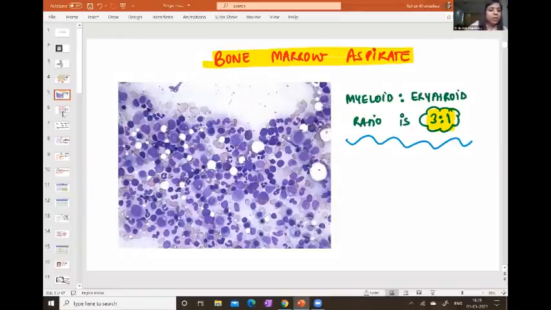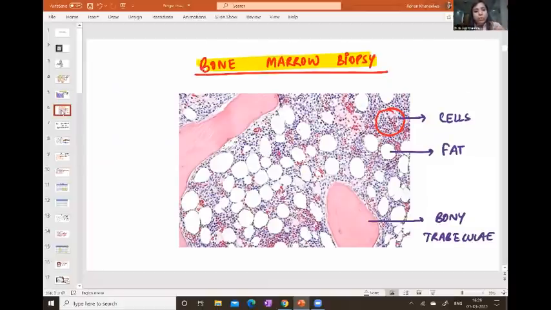That's a normal BMA. In this image, what I see is a normal bone marrow biopsy, right? Here I can see this focus shows the cellular focus, the various cells, right? The RBCs, WBCs, platelets. Here, what I see is the fat. This is basically fat, right? So lipid or fat, you all know, even for a lipoma, if you want to diagnose, appears as a vacuole, correct? Then these pinkish things which I see here are bony trabeculae, correct? So bone marrow contains fat. So you will see cells, you will see fat, and you will see bony trabeculae.